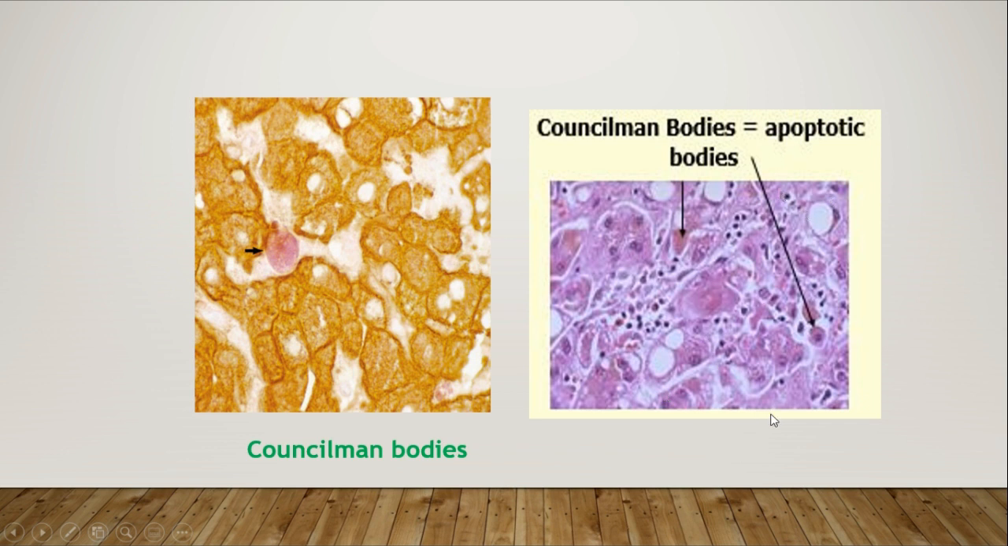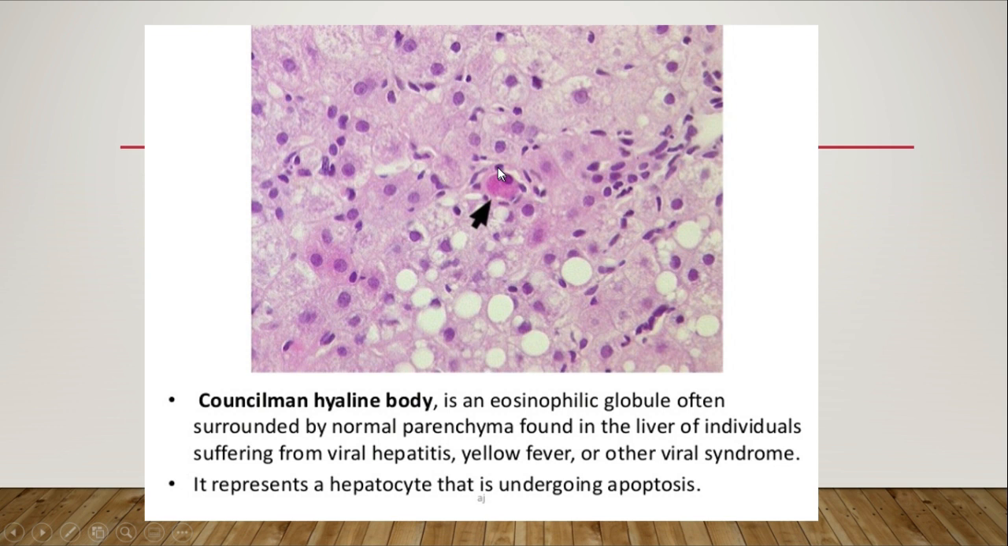Now, they are the apoptotic bodies, that means they are self-destroying bodies which have undergone cell death, the cell-dying bodies. They are known as Councilman bodies. And if you identify these kinds of bodies, Councilman structures or cytopathic effects in an affected individual's biopsies, definitely you can suspect a serious case. So, the Councilman hyaline body is an eosinophilic globule, often surrounded by normal parenchyma, found in